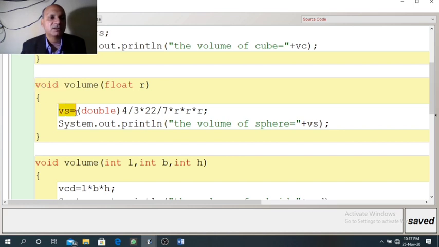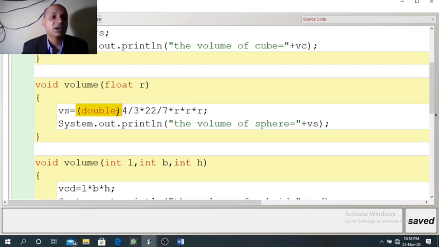Now Vs equal to, the formula is 4 by 3 pi r cube. I have used typecasting double, otherwise this 4 by 3 will become 1, because for 4 by 3 the quotient will be 1. This is the reason typecasting is done. When we divide one integer by another integer, the answer will be an integer, but here we need a double value.